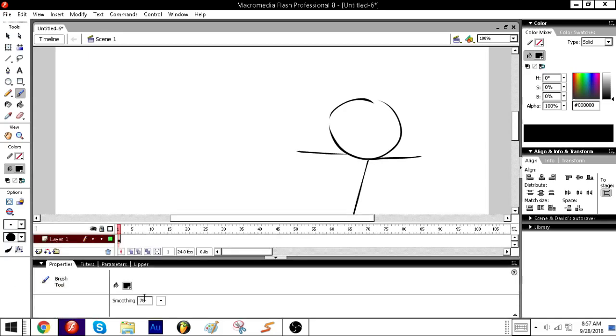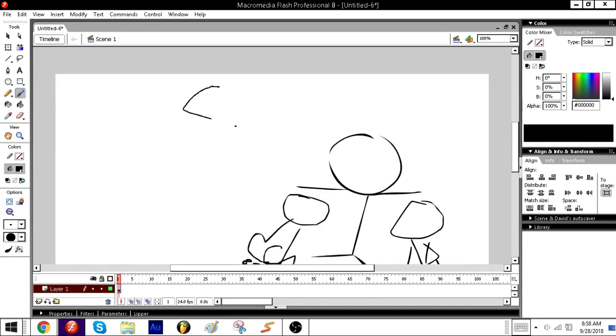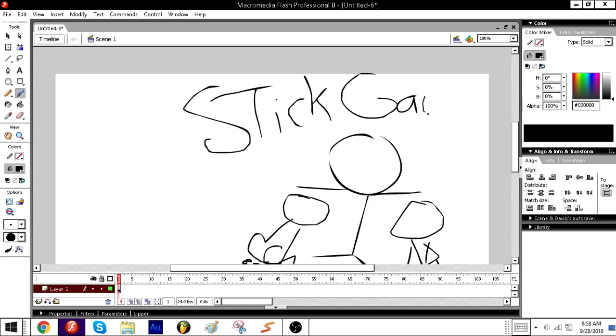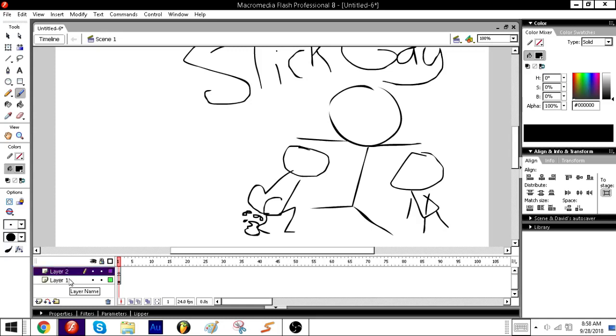Why is my smoothing up so high? Perfect. Alright, so we obviously want to make the title stick gay, because they're gay. So now that we got the title screen art, what we want to do is insert layer, rename this